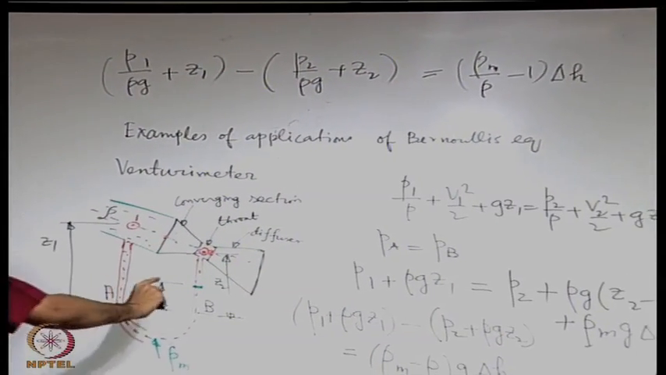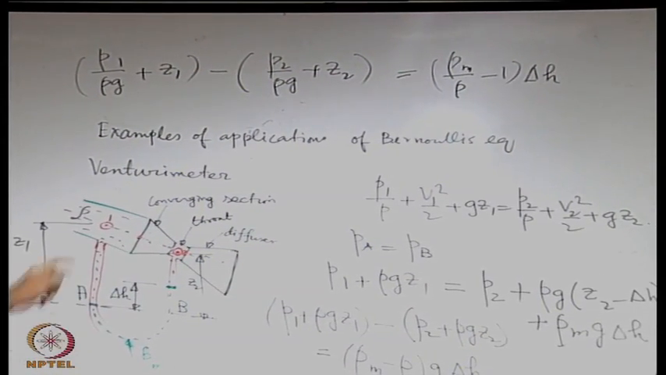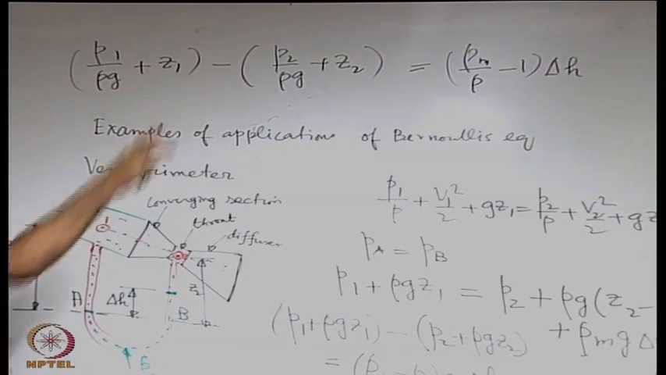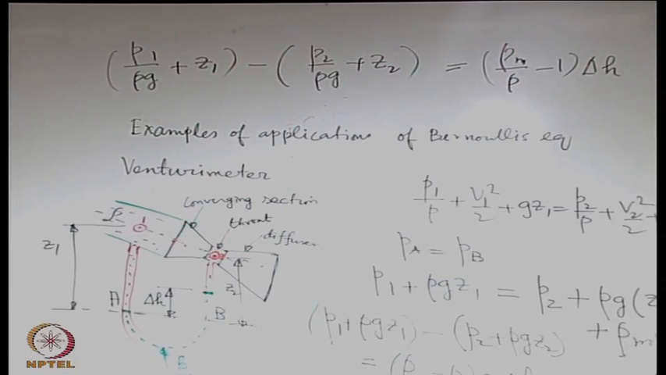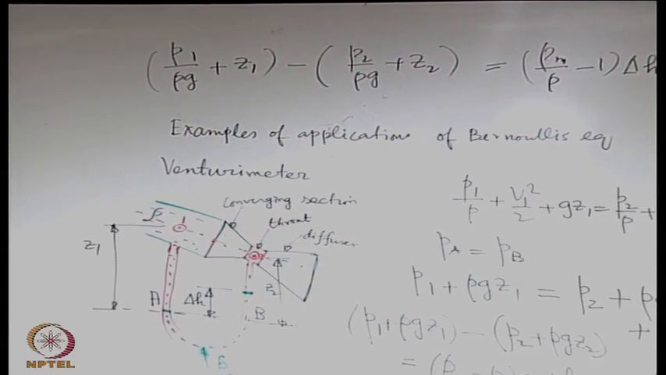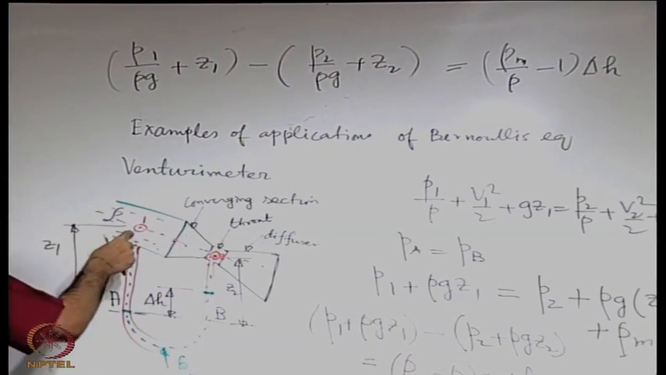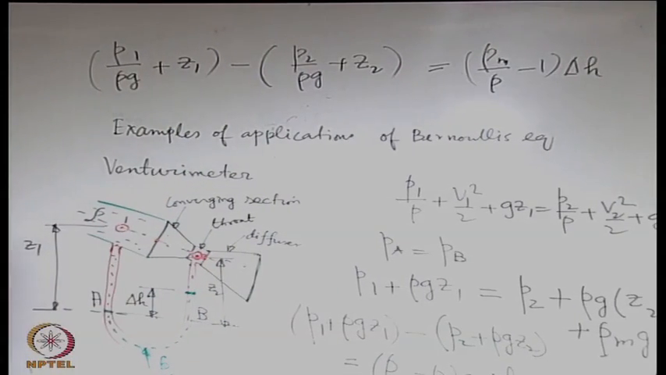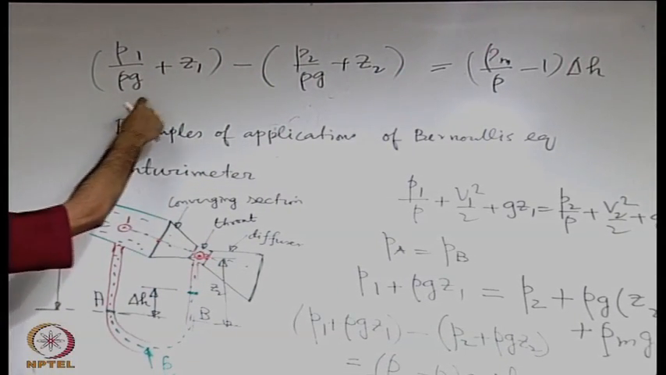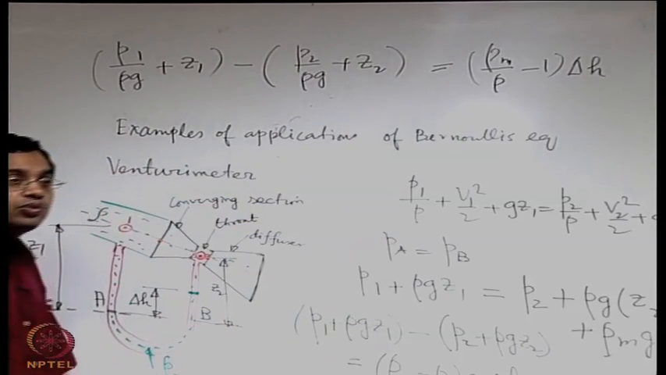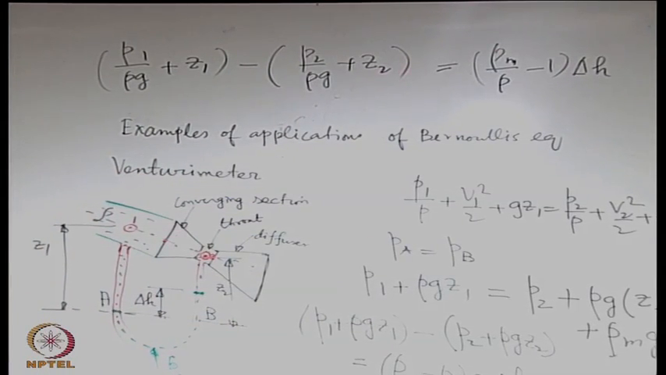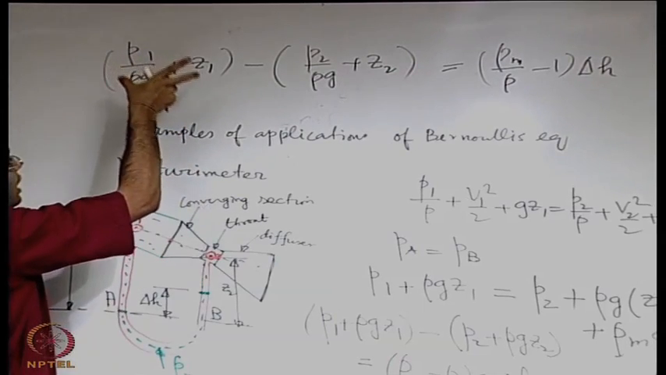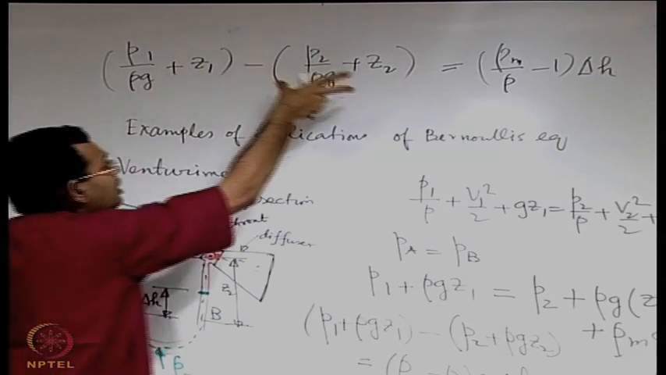So when you read experimentally delta H, you see that it is an indicator of not just the difference in pressure, but the difference in pressure head plus the elevation. So when it is flowing from 1 to 2, it is possible that P1 is less than P2, but P1 by rho g plus Z1 is greater than P2 by rho g plus Z2, okay. So this flow is taking place from a higher value of this collected term to a lower value of this